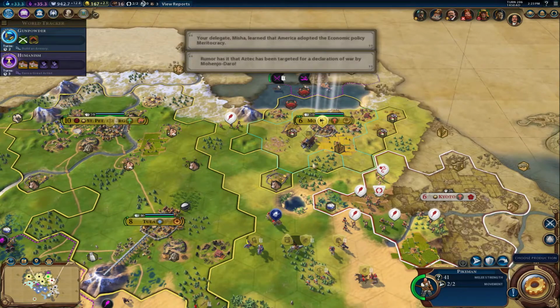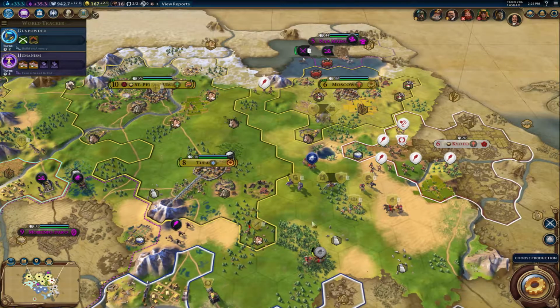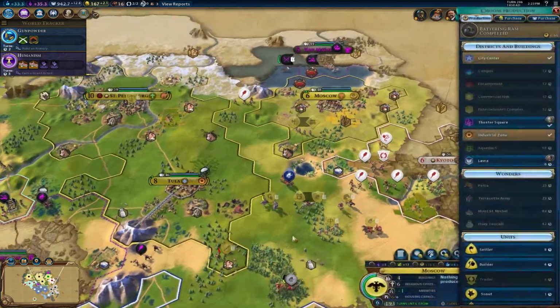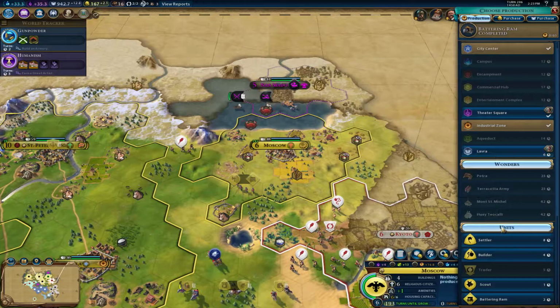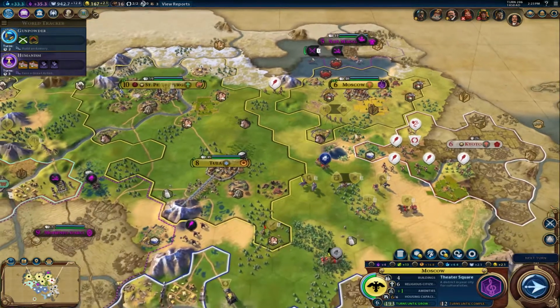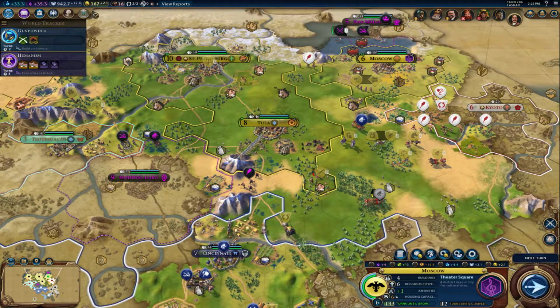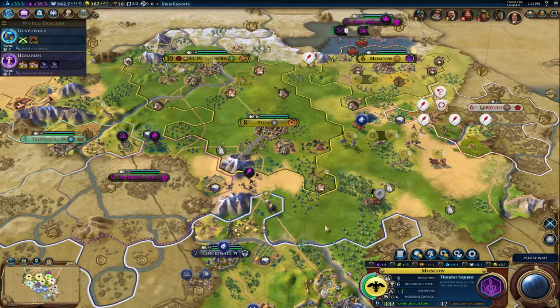Now, how interesting would it be if Japan decides to attack us? It'd be a foolish move on their part, but I would not, in retrospect, put it past them. Okay, so here we can build our theater, because we will start building those buildings. And 2 more turns for niter,